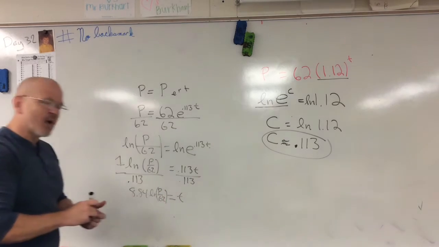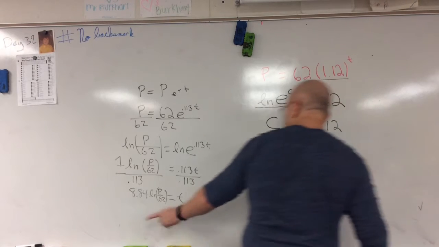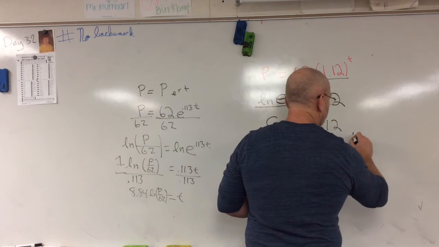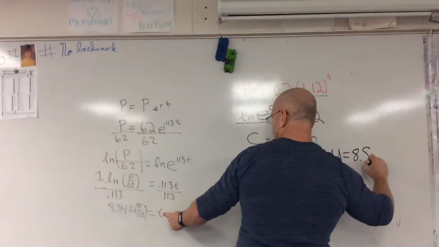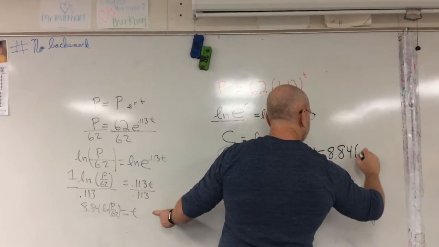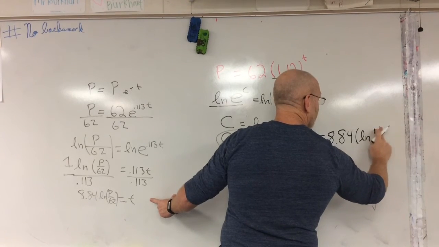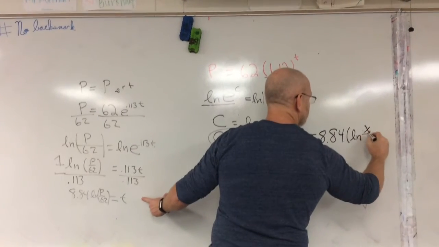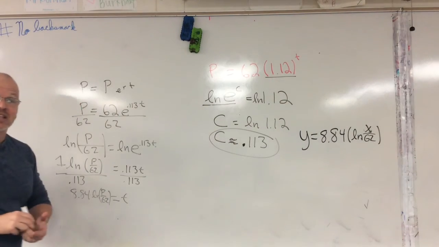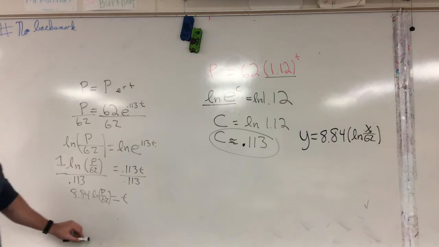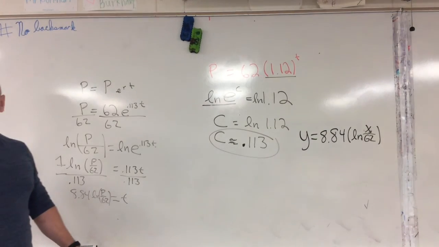All right, so I'm going to write that as an equation. Here it is as an equation that you can plug into your calculator. Since we're going to use y and x instead of t, I'm going to write y equals 8.84 times the natural log of, not P, let's use x over 62. And I would like you to type that into your calculator and see if it also goes through those points. Can you pause that or stop it or do whatever we need to do? We're going to